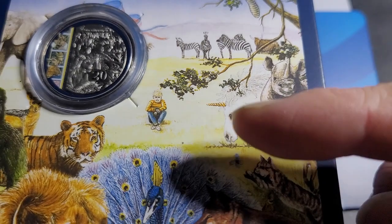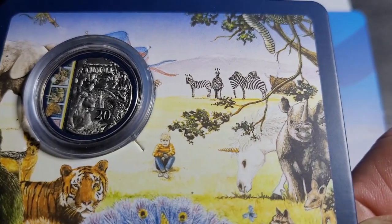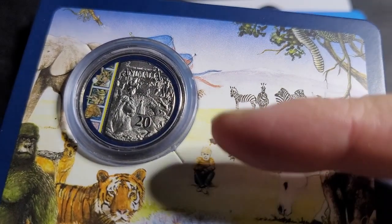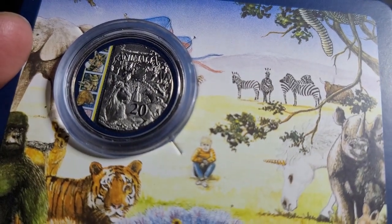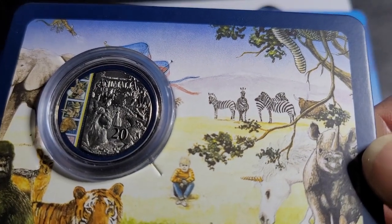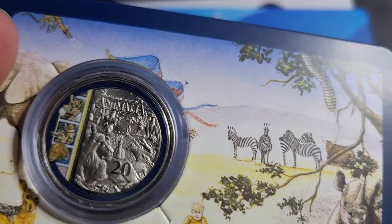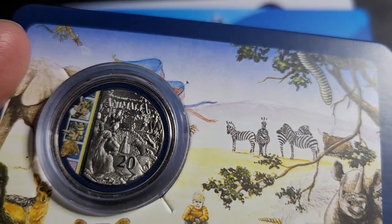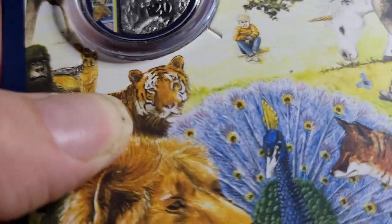What? Unicorn? That's the most common animal on this planet, a unicorn. There's zebras. Some people call them zebras. It's obscure. We've got elephant. I'm not too sure what that is. Probably just a ribbon. And then probably got a snake in a tree. Got another rare common creature, Chinese dragon. And that's very interesting. So if we look at the coin itself,